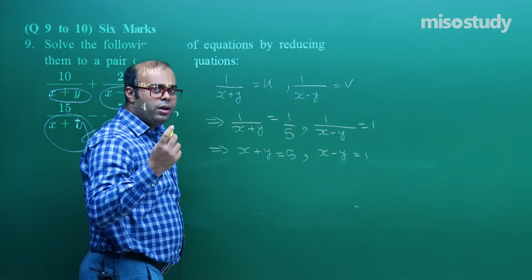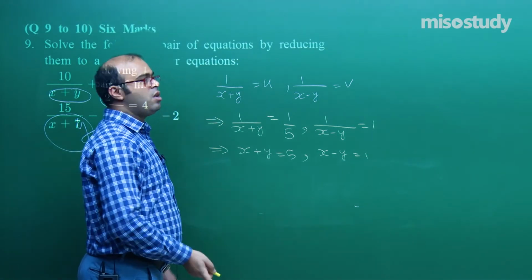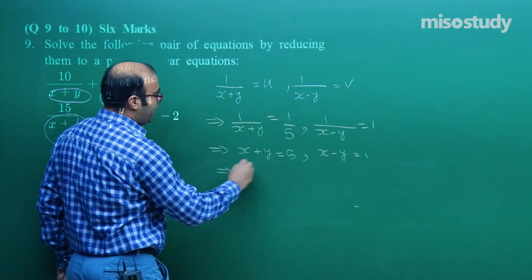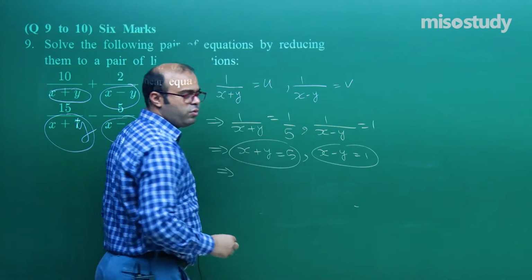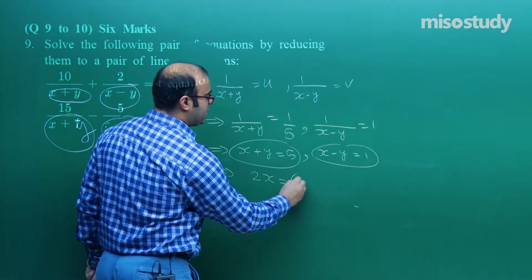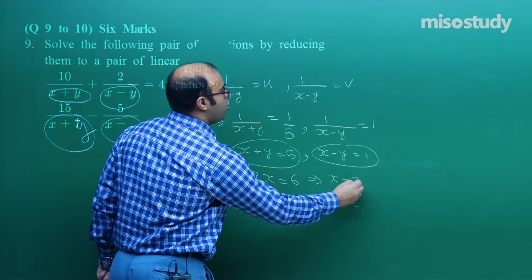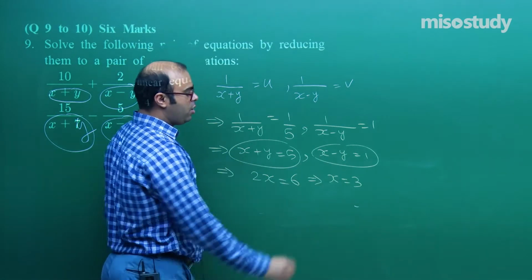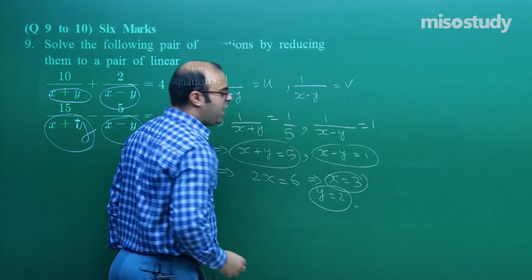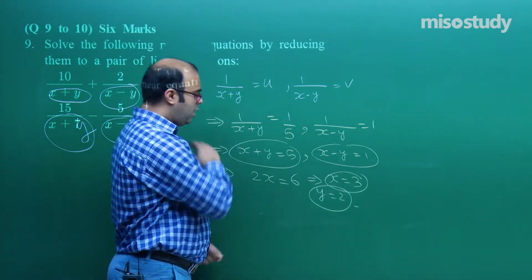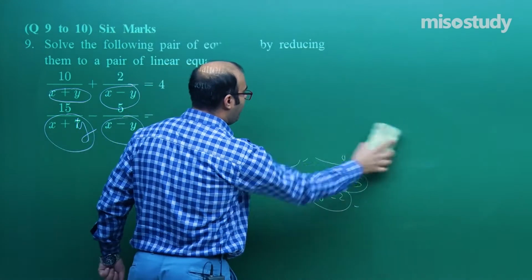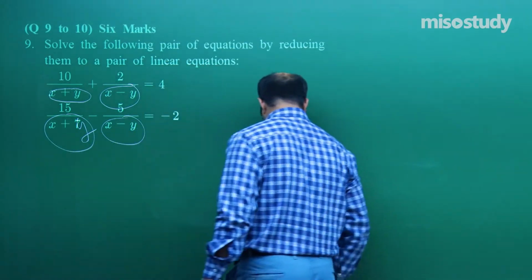So there are two pairs of linear equations which we have solved in this question. One was after reduction and then the other after the final substitution. Here x plus y is equal to 5 and x minus y is equal to 1. Let us add them. y will cancel, this will become 2x and 5 plus 1 will be 6. So x is equal to 3. You put x equal to 3 here, you will get 3 minus y is equal to 1, or y is equal to 2. So x equal to 3 and y equal to 2 is the answer of these equations, which are not exactly linear equations. These are equations in x and y which we solved by reducing them to linear equations.